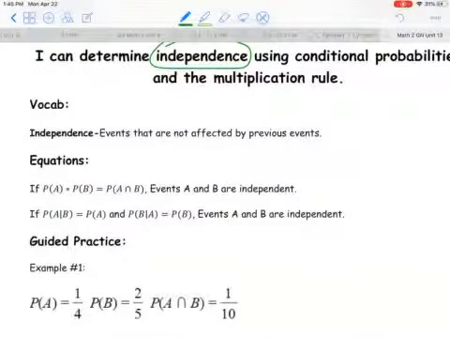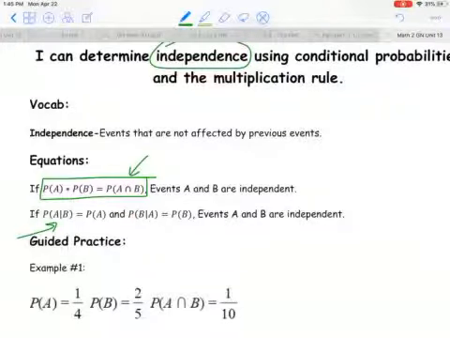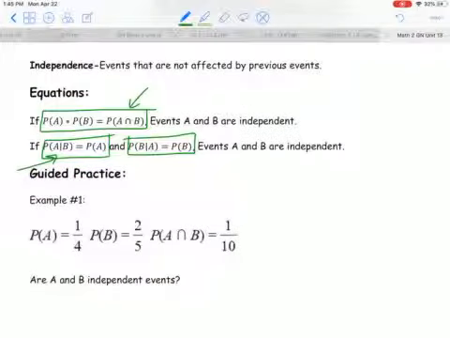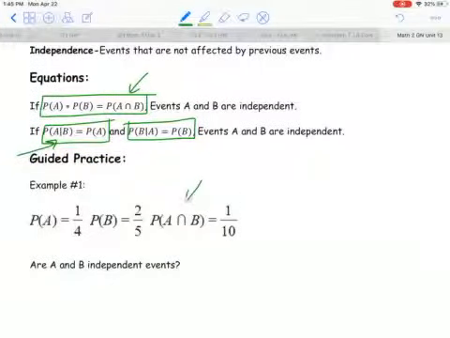So you can either use intersections to figure that out, or you can use conditional probability. And whichever one you do, there's a different formula for it. So this is the first formula if you don't have any conditional probabilities. And these are the two formulas you can use, either one, if you're given conditional probabilities. So like this first example, we're given an intersection. So we're going to use that first,